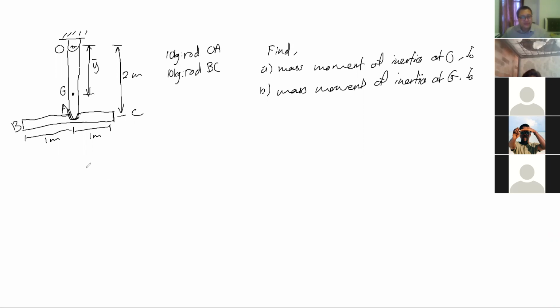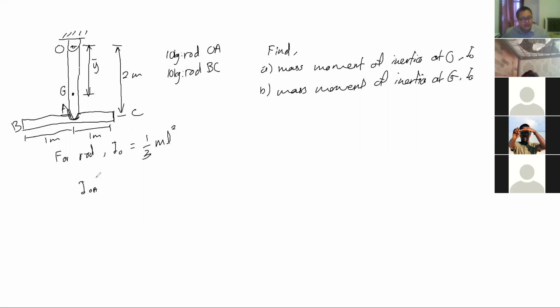Okay, now for a rod, back of the textbook, we see the general formula, and therefore